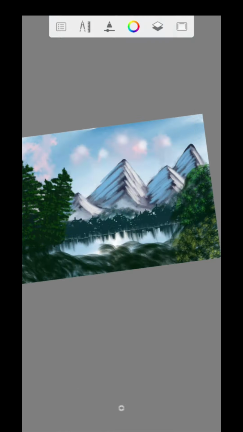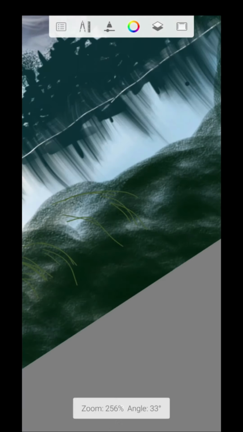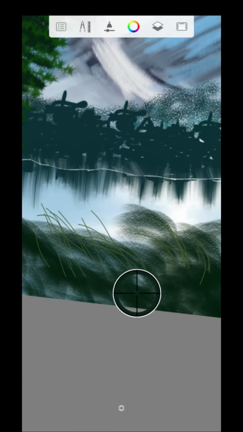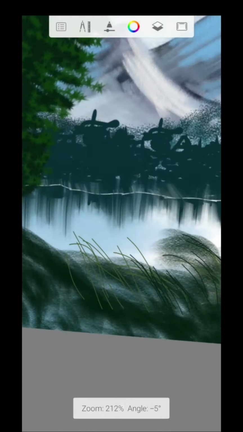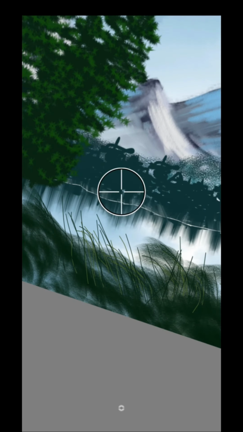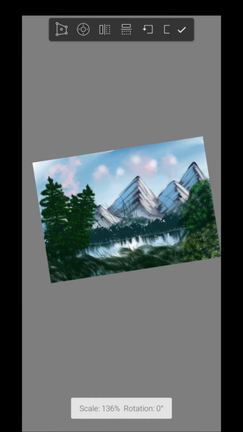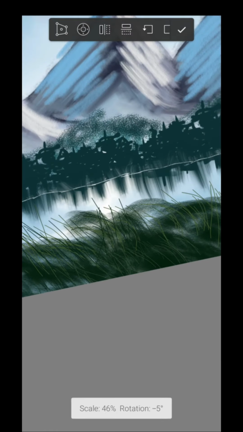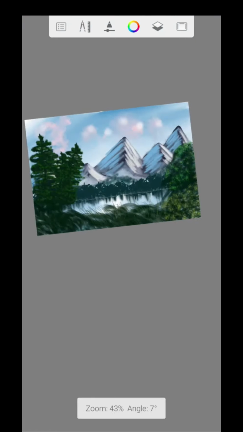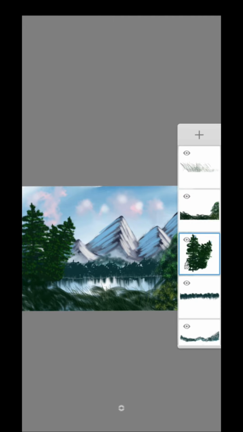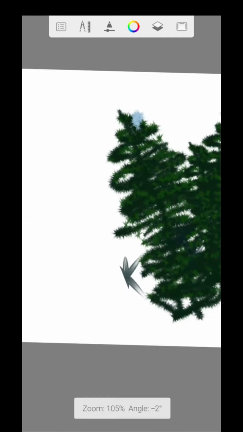One thing I forgot to draw here is the reflection of the mountain, that is missing right here. So I'm drawing grass right now. Just select that mountain and copy this mountain, mirror this mountain and then paste it. That is a very easy process. I think you can see it right on your screen. That is very much it. I think you can become a master of digital art.